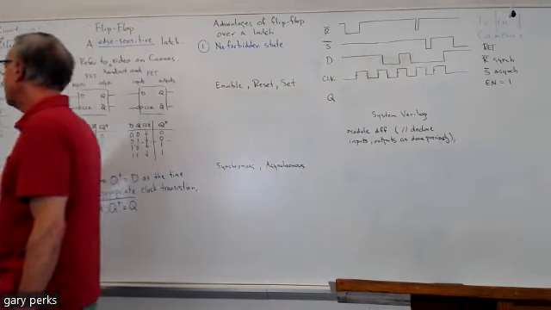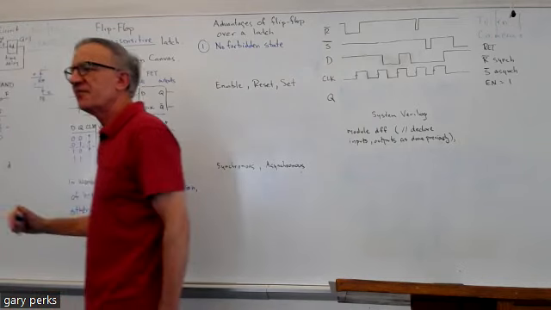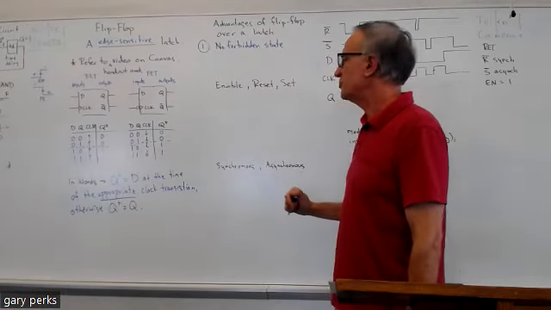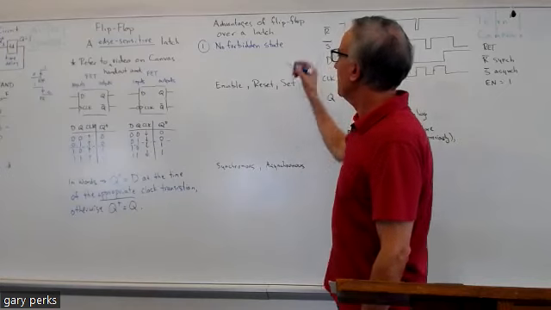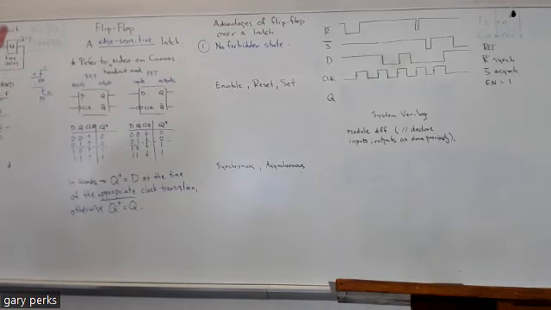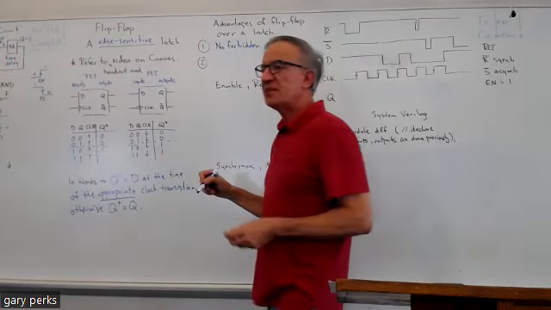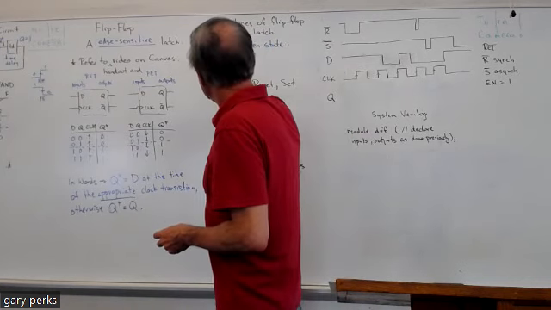Like with the latch, you like to avoid it. You just have to be concerned that these two inputs aren't the same value to give you that forbidden output. Here you don't have to worry about that. Now, having said that, there is another scenario where a flip-flop can give you an ambiguous situation. It's just not in its truth table. When we look at a timing diagram, I'll show you an example of where you can have an ambiguous situation. The second advantage that flip-flops have over latches is that they're less